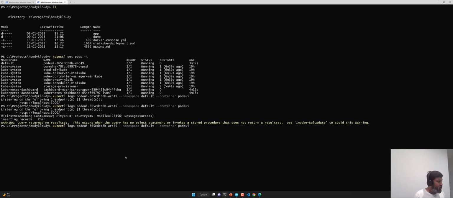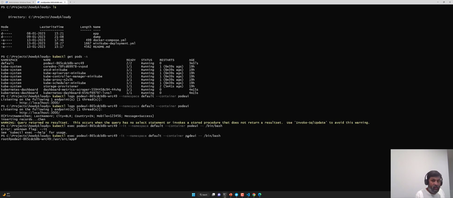Let me quickly log in to my MySQL. For that, I'm going to use a command called kubectl exec, my pod name, -it, then my namespace, container, and bin. This is the command I want to run. If I push enter, I'm not really sure. Okay, I think I made a mistake here. Now I'm in the pod UI, but the MySQL database is running in the DB MySQL container. Sorry about that. Let me get out of it, and I'm going to do